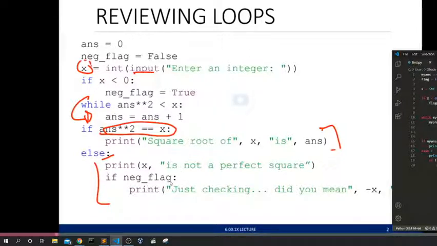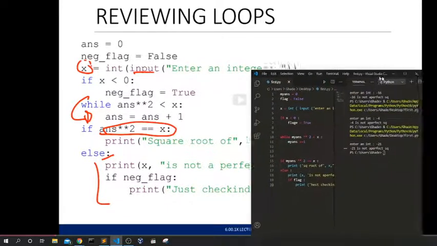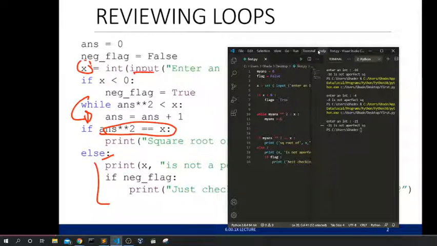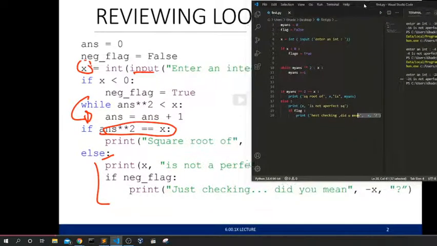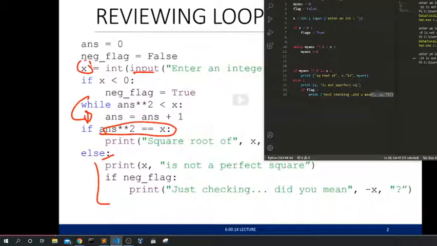Well, it's not. Print X is not a perfect square.